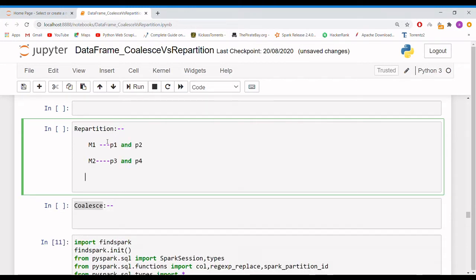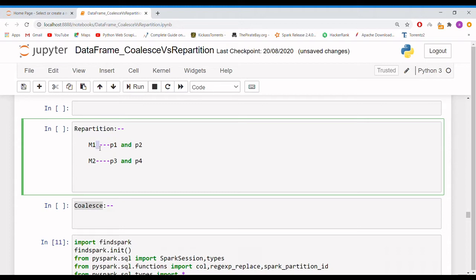First we'll see repartition. Say you have a machine M1 and a machine M2. In machine 1 we have two partitions, P1 and P2, and machine M2 has another two partitions, P3 and P4.